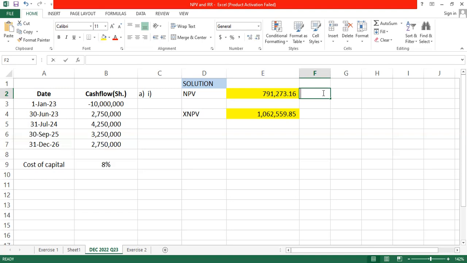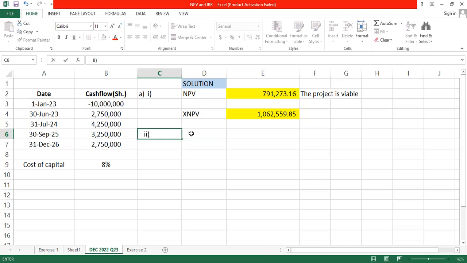When NPV is positive, then the project is viable. So NPV is positive, so the project is what? Viable. Let's look at A number 2. There was a required part 2,